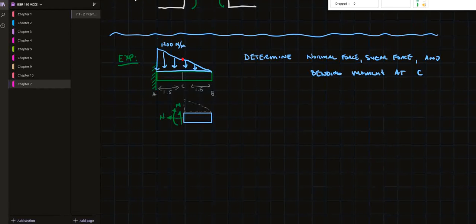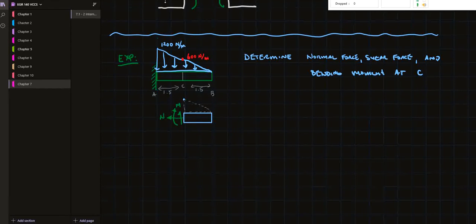Then C is at the halfway point. Well, this obviously is 600 newtons per meter. Let me make it red so it matches up with the dot. 600 newtons per meter. So that's the value up here at this peak. So I can replace this with a